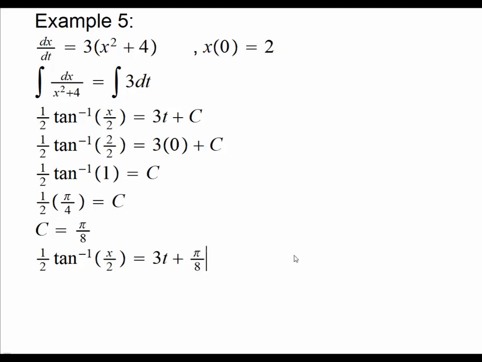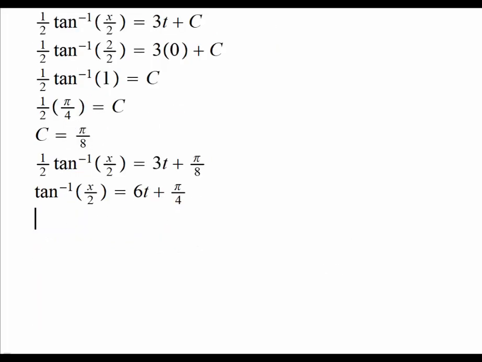Okay, and then this gives us that tangent inverse x over 2 is, we are going to multiply the right hand side by 2, so what we shall get is 60 plus, and then 2 times pi over 8, of course, would be pi over 4, or in other words, you can write that x over 2 is tangent of 60 plus, just a second, yes, here, tangent of 60 plus pi over 4, or here we could write x explicitly as